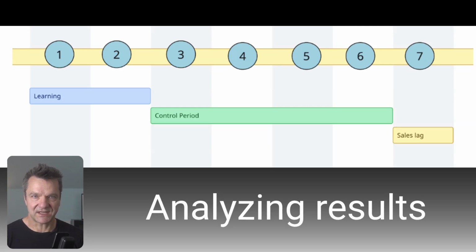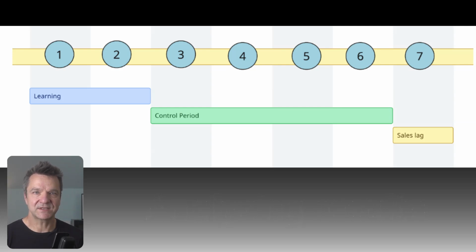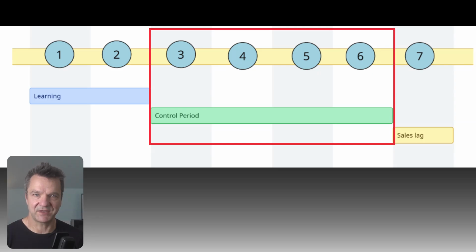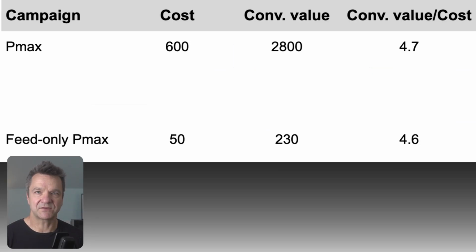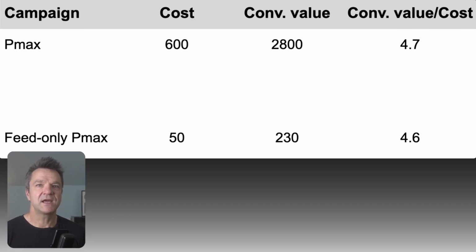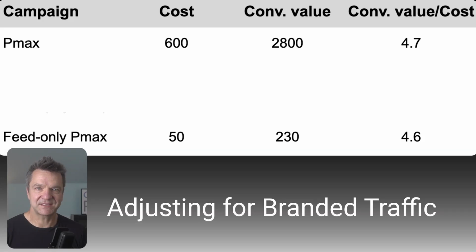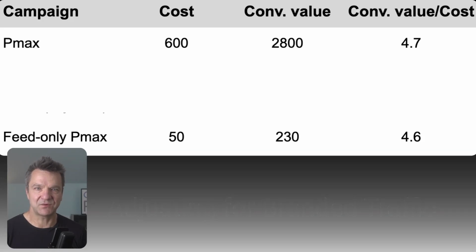To analyze results, focus your analysis over weeks 3 to 6 of the test period. Compare the cost and conversion value between your full asset group and feed-only asset group. If your Performance Max campaign doesn't exclude brand terms through negative keywords or brand exclusions, you'll need to account for branded search traffic. These branded clicks naturally convert better and will skew your full asset group results higher, creating an